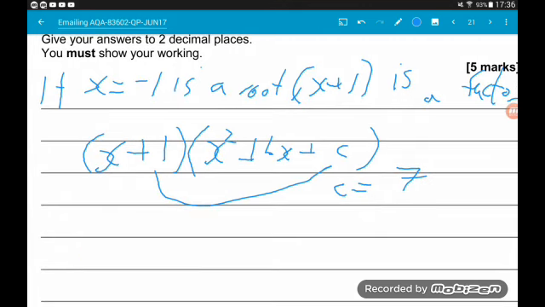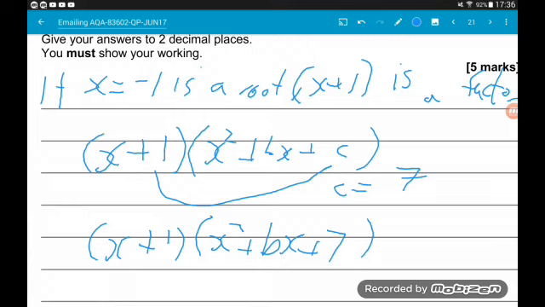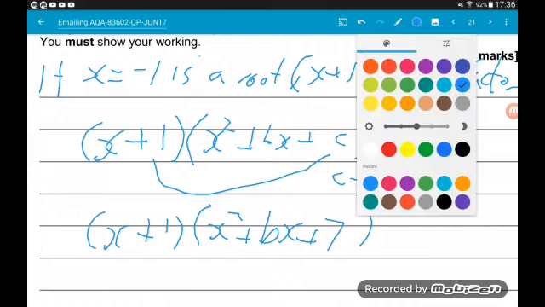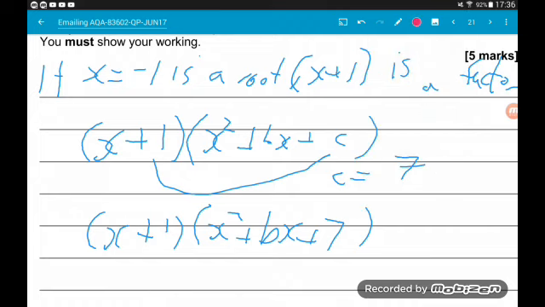So we can now say our linear factor is x plus 1 and our quadratic factor is x squared plus bx plus 7. So now we need to find the value of b. Given that b is attached to our x term, let's work out from the expansion what x terms we would get, then compare that to the x term in the function, and we will be able to work out